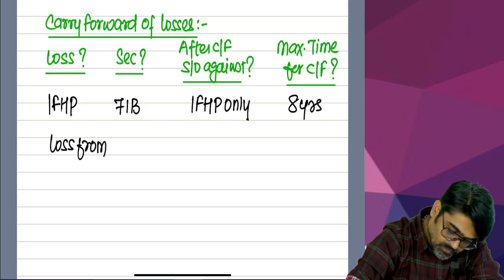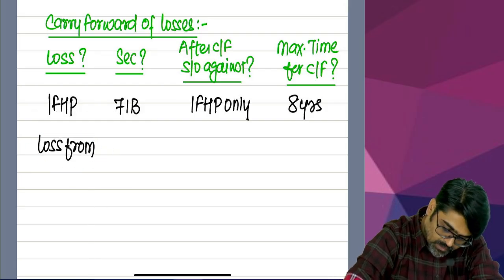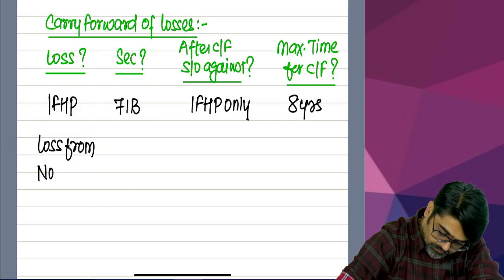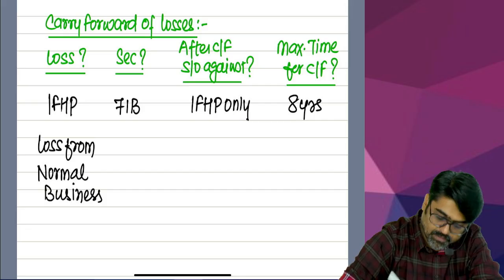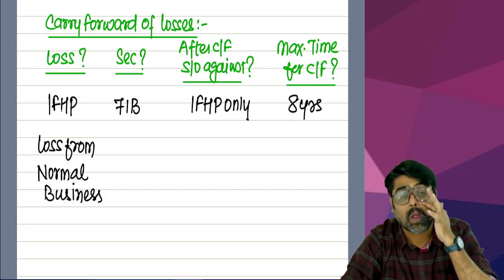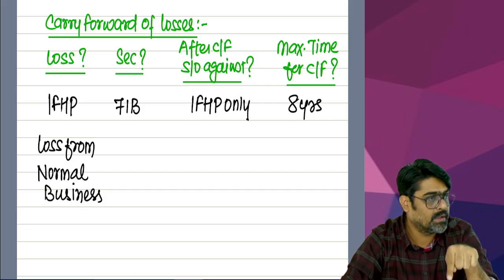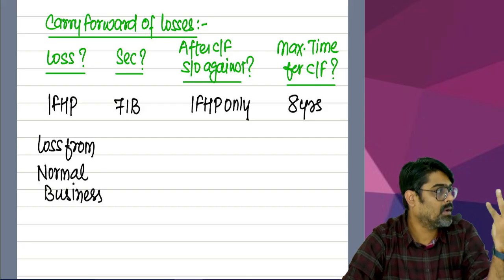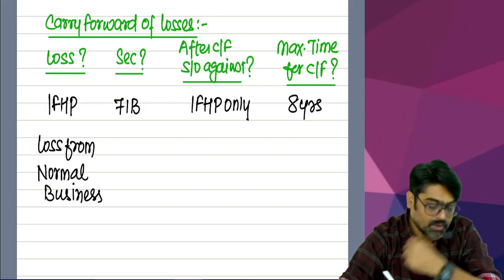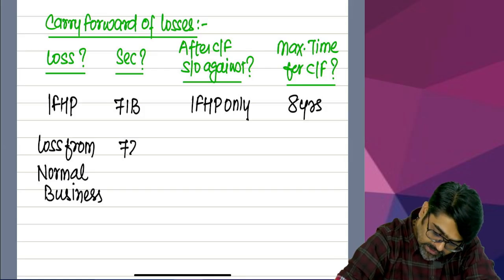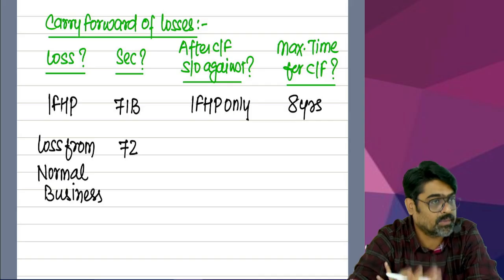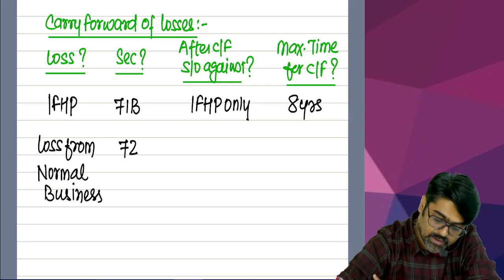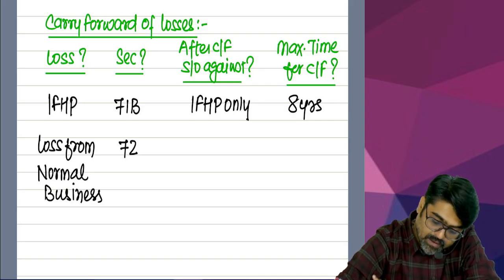Now the next loss is loss from normal business. Which business? Normal business loss could not be adjusted in this year, not within the head, and head to head also could not be set off. So section 72 says that you can carry forward the loss of normal business to subsequent years, and after it's carried forward, it can be set off against